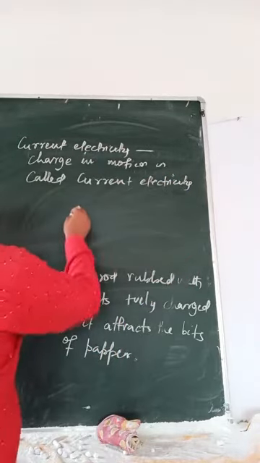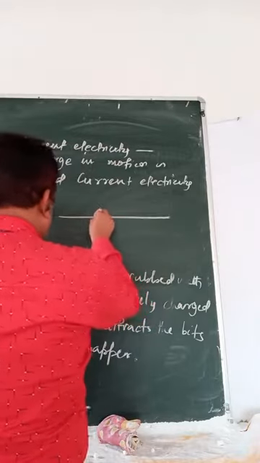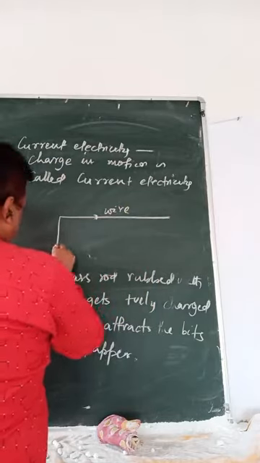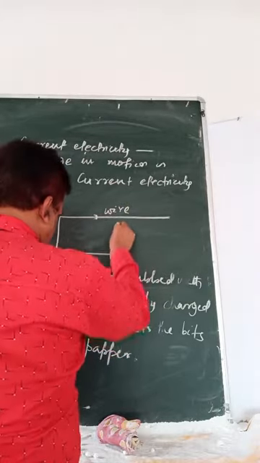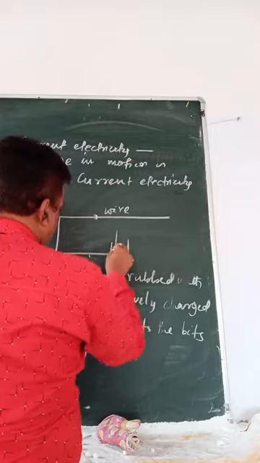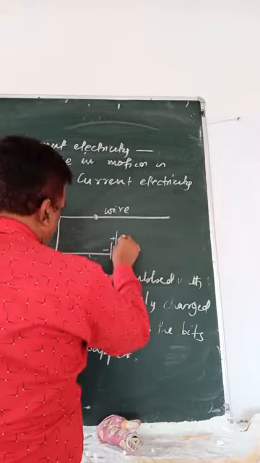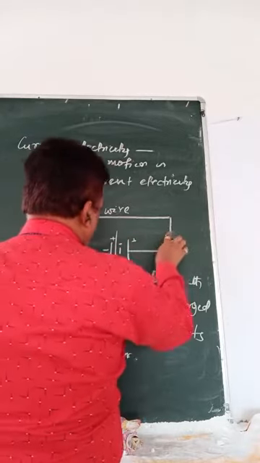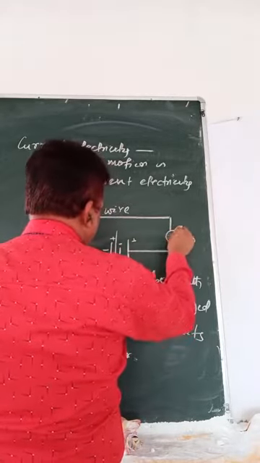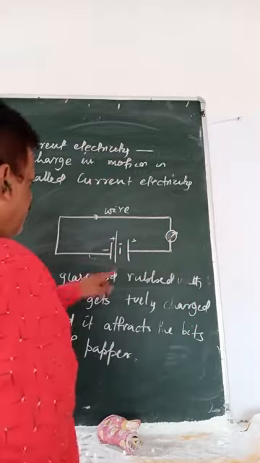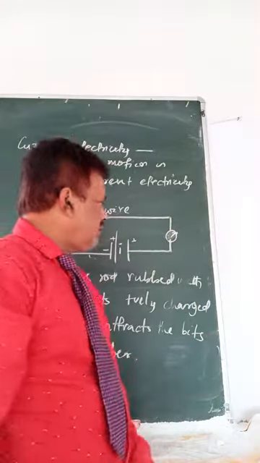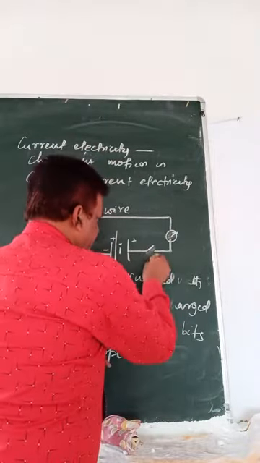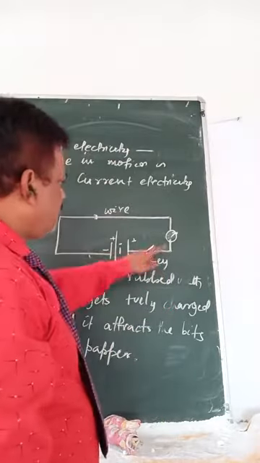It's like a piece of wire. Now you connect it to cells. Two cells are present. This is negative, positive side, negative, positive side. Then if you put one galvanometer here, which detects the flow of current, when you connect it, you can see there will be deflection, or you can put a key here. When the switch is closed, you see the current flows.